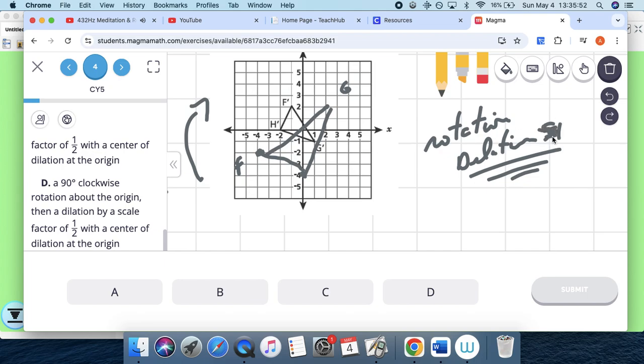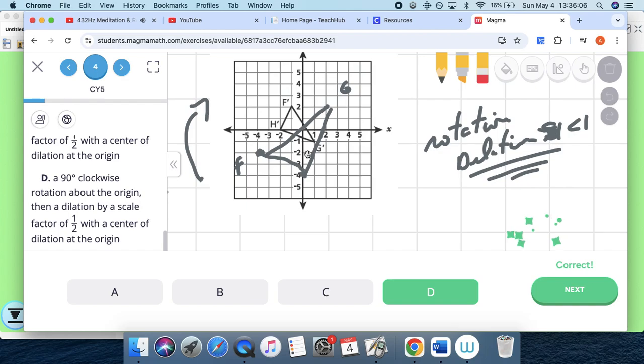Sorry, I meant to say less than 1. So that's the actual answer. So it did rotate 90 degrees clockwise, and then the original triangle got smaller by a dilation factor of a half. That makes sense. Apologies for that